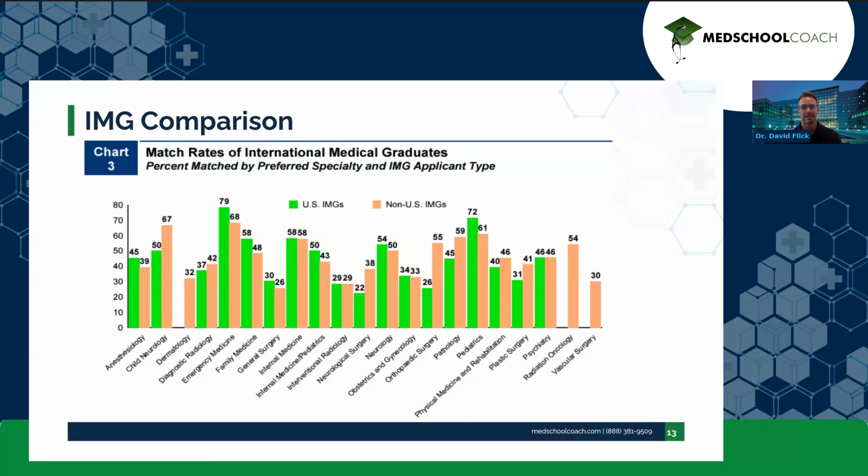That's if you're a US citizen training outside of the country, or for the non-US IMGs. So no matter where you train or went to school, if you're not a citizen, you fall into that group. Those statistics are significantly challenged. Go look at dermatology over there, okay? You see there's an absent column for US IMGs. And so you need to know which pool you fall into here, MD, DO, IMG,